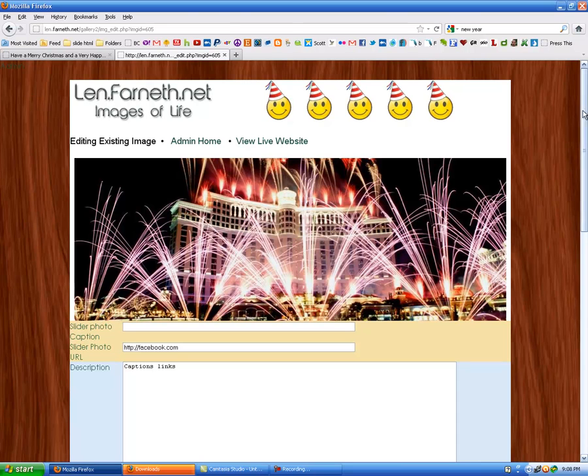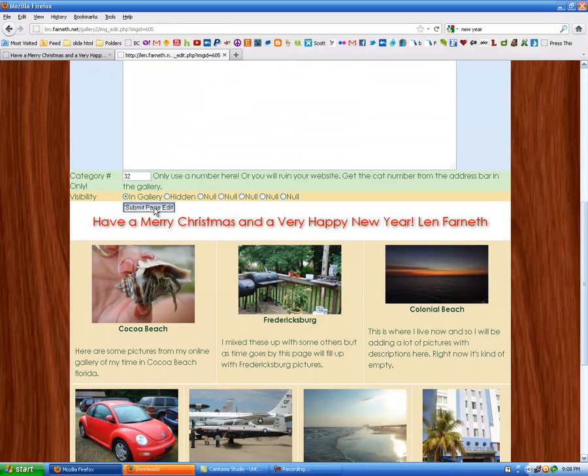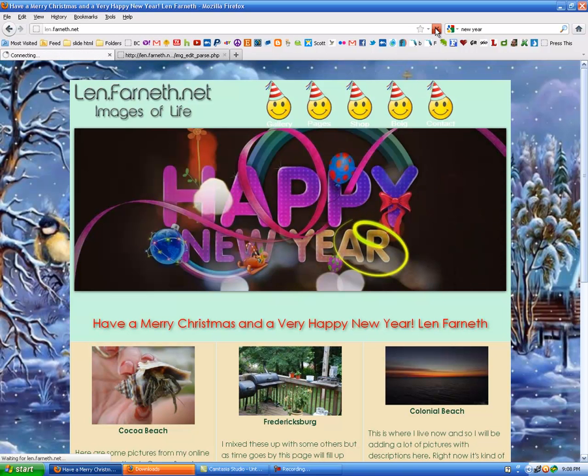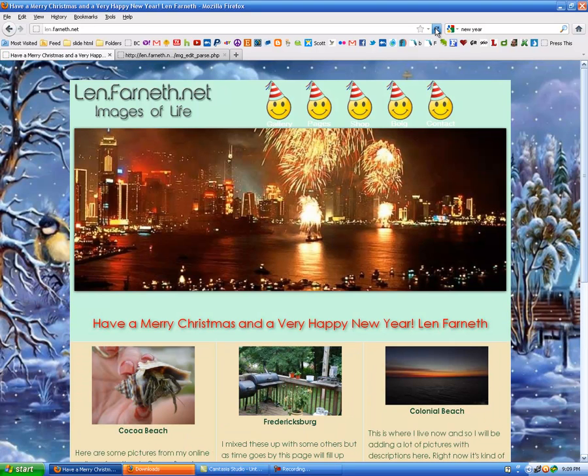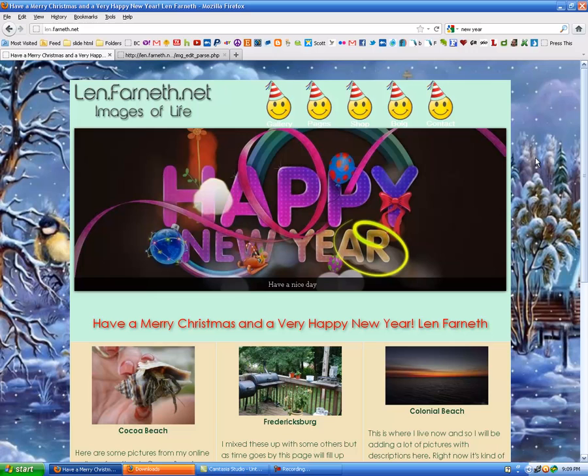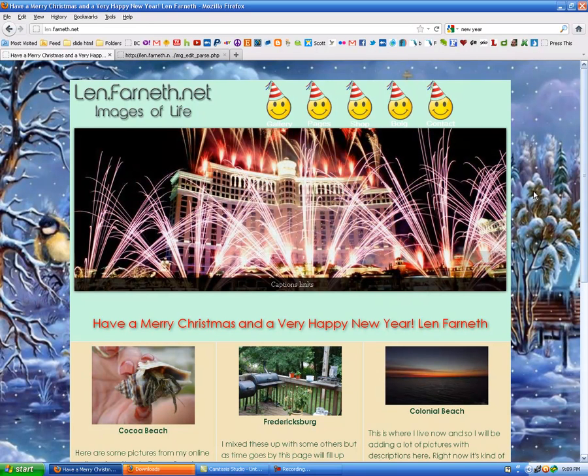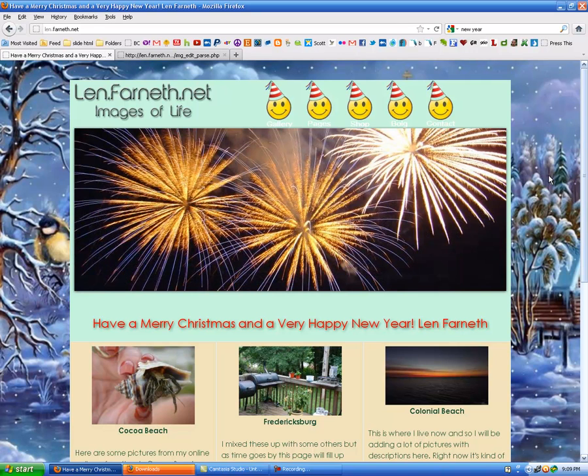And what makes this really neat is if you've ever done standard HTML, and if you have a small website, you can notice really quickly that just the management of the slider itself can be half of the work of the website. And what I've done here in about 10 minutes, and you see here's our caption, have a nice day. What I've done here in about 10 minutes can take you all day long to do on a static website. And a lot of people don't change their images very often in their sliders on a static website, because changing the images in the sliders requires that you go and